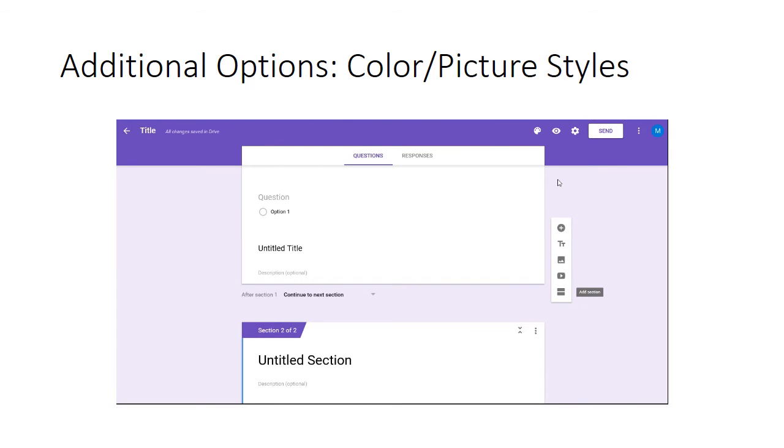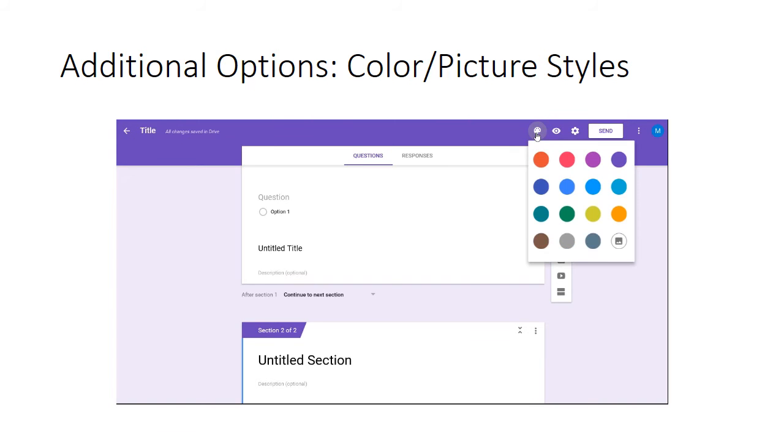After I'm done making my questions, I might want to add some more color, different color, or pictures or images to the border of these forms so that they have a different appearance. I can come up to the color palette at the top. That gives me different color options, so instead of the purple background I can choose one of these colors, or